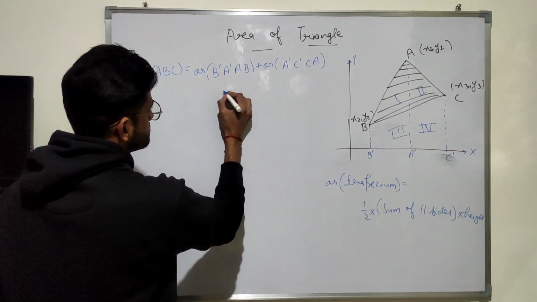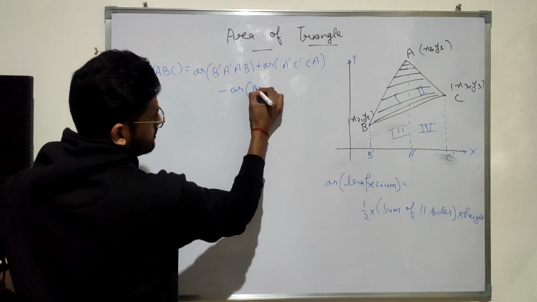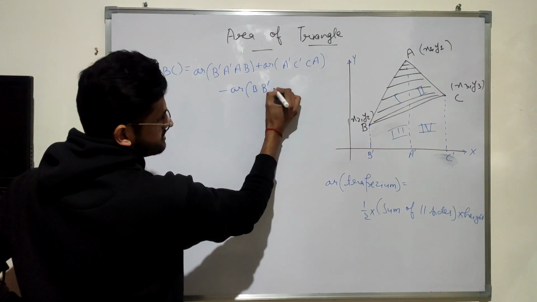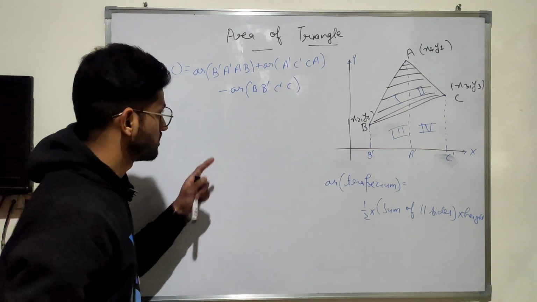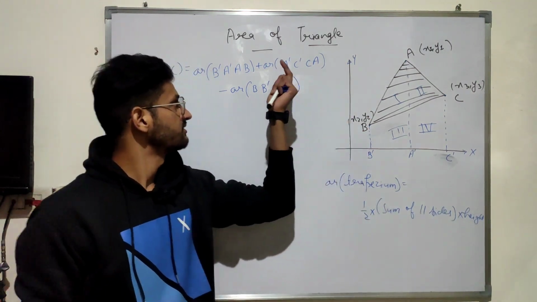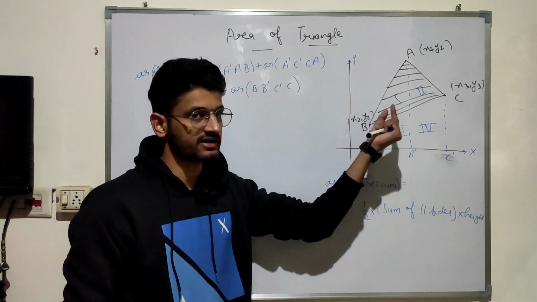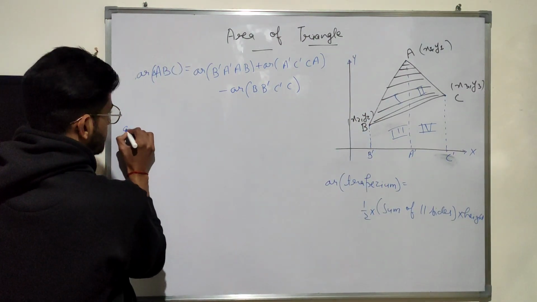Minus area of B'B C'C. So now one by one we will write the formula and solve to find the area of triangle ABC. So area of triangle ABC